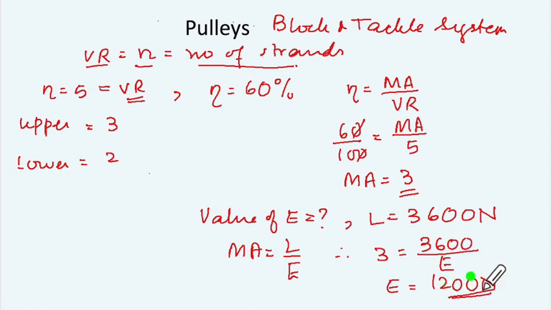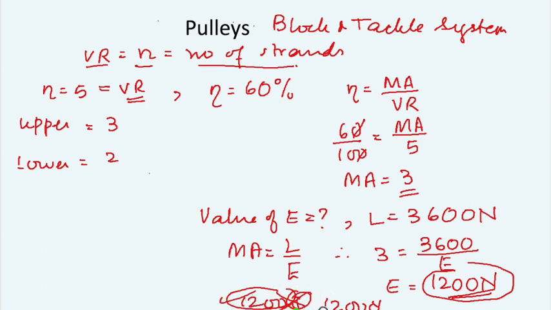Now from all the options that they will give you, be very careful. Sometimes they will trick you. Instead of the option for effort 1200 Newton, they might just give you joule, and the other option will be 1200 Newton. And you'll look at 1200 and you will choose that, but this is joule, so you will get it wrong. Be careful. Take care.